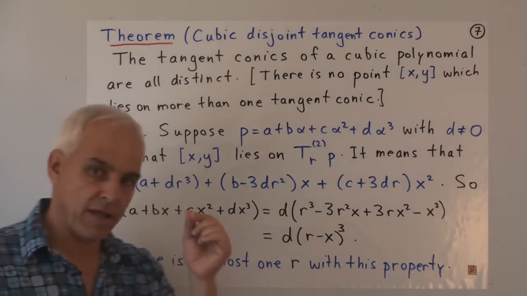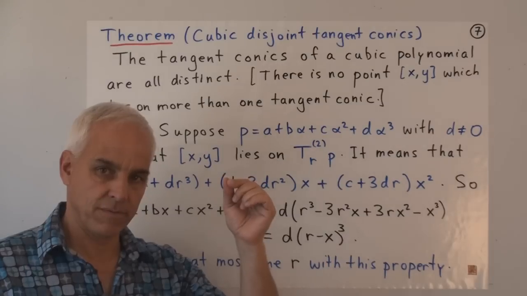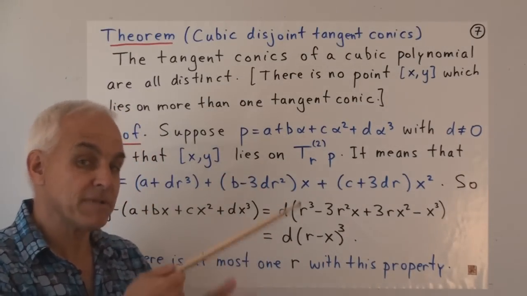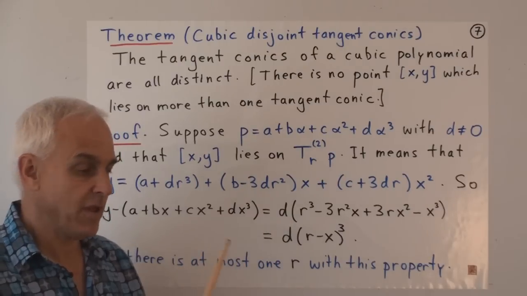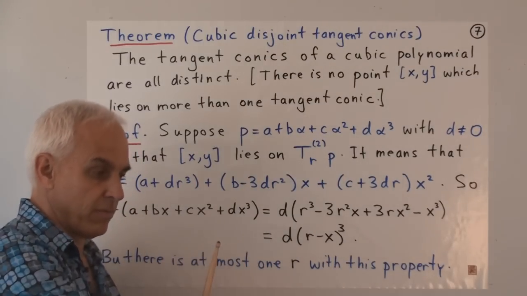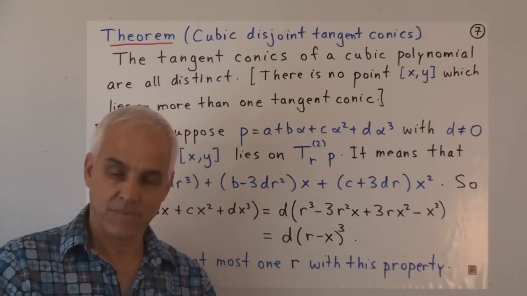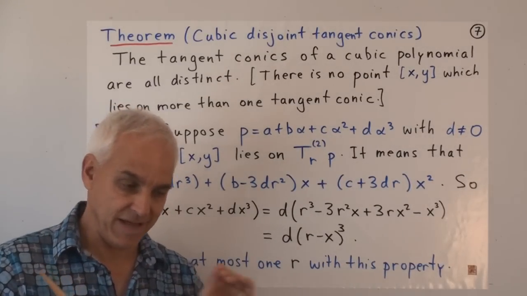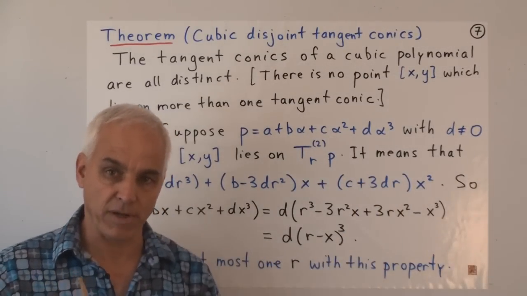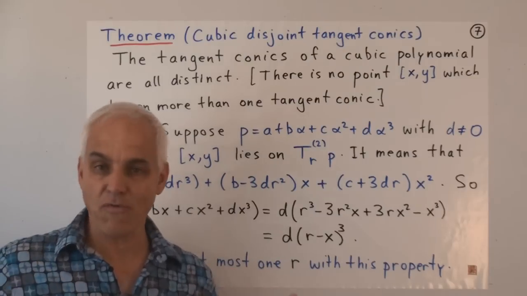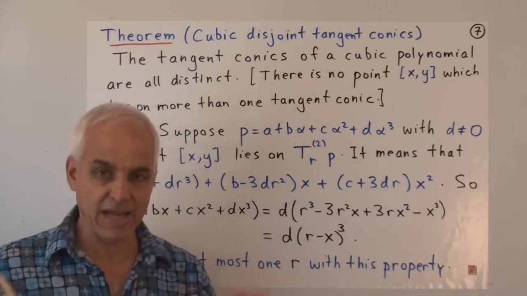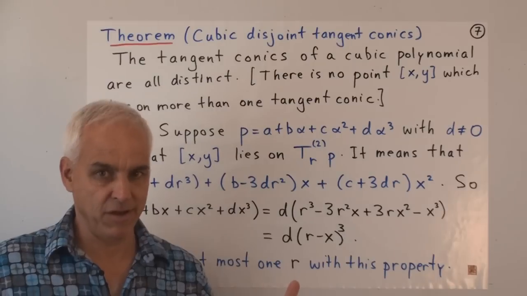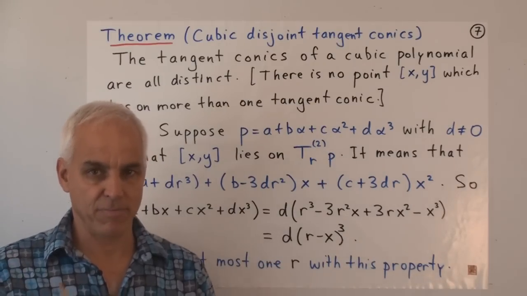We have a tangent conic at every point on the curve. So for every point on the curve, there's a parabola, or perhaps sometimes a line in a degenerate case. But typically a parabola opening either downwards or opening upwards. So if we plot a lot of those quadratic polynomials, the tangents at a whole number of different points, we're going to find that there's no overlap whatsoever between any of those quadratics that we've drawn. No matter if we draw a billion of them, none of them overlap.